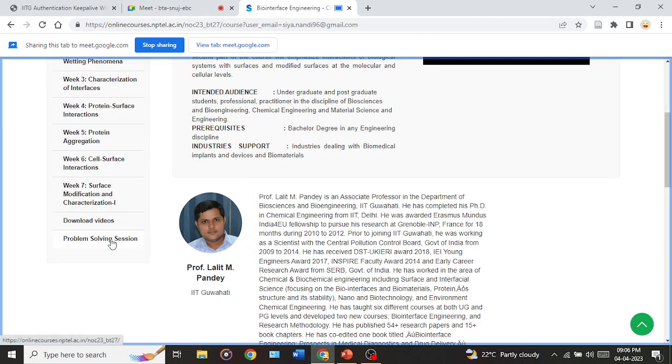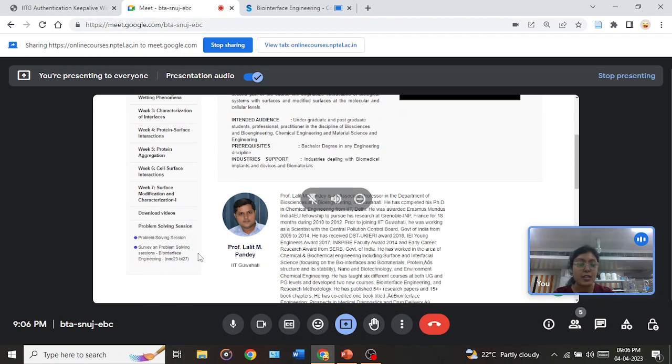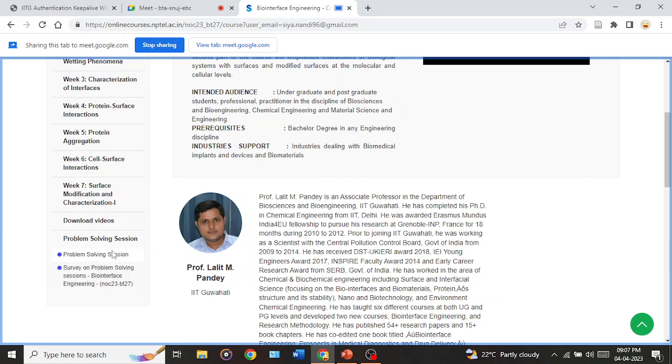And if you click on this particular problem solving session, you will again get two options. One is problem solving session and another is survey on problem solving session. So survey is the feedback, you can give it from there. Other than that, if you click on the first tab, that is the problem solving session,